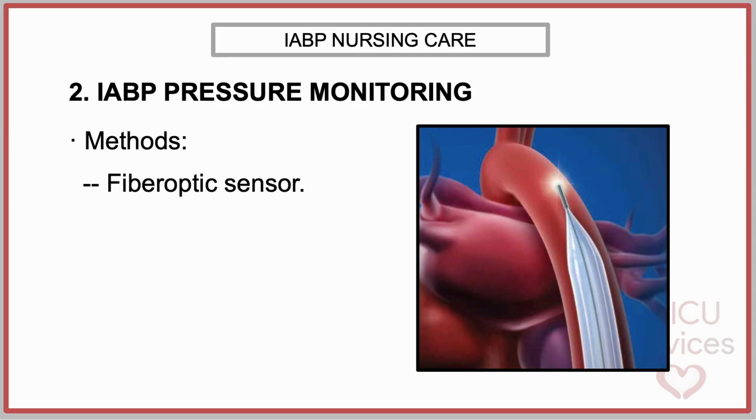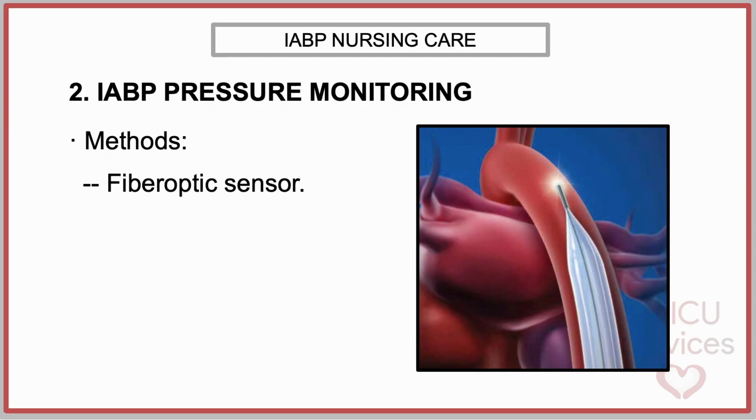Third, contemporary intra-aortic balloon pump catheters incorporate fiberoptic pressure sensors that allow direct measurement of aortic pressure at the catheter tip without the need for a fluid-filled transducer system. This technology is based on optical signal transmission rather than a saline column, thereby eliminating many of the limitations associated with conventional pressure tubing systems, such as damping, resonance, air bubbles, or clot formation within the line. As a result, the arterial waveform obtained through a fiber optic sensor is generally more stable, more accurate, and associated